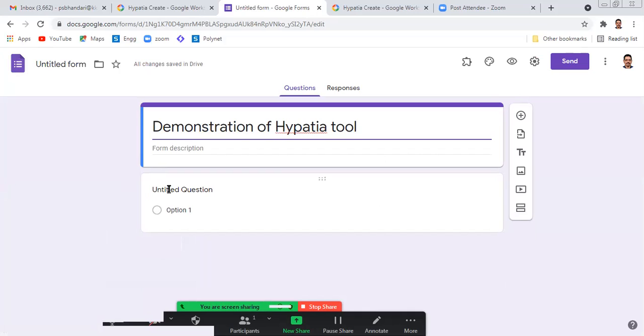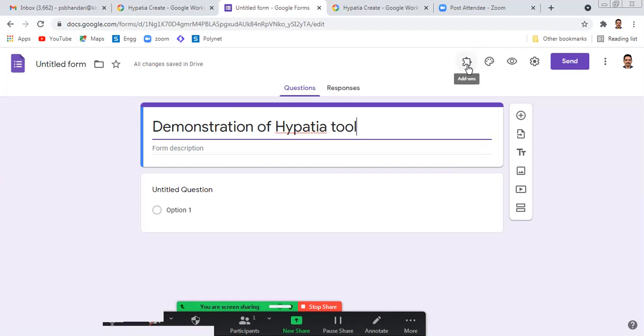Once we install Hypatia, you can see this icon appear in your Google Form. It says add-ons, so this will always be available. Depending upon your requirement, you can have add-ons.